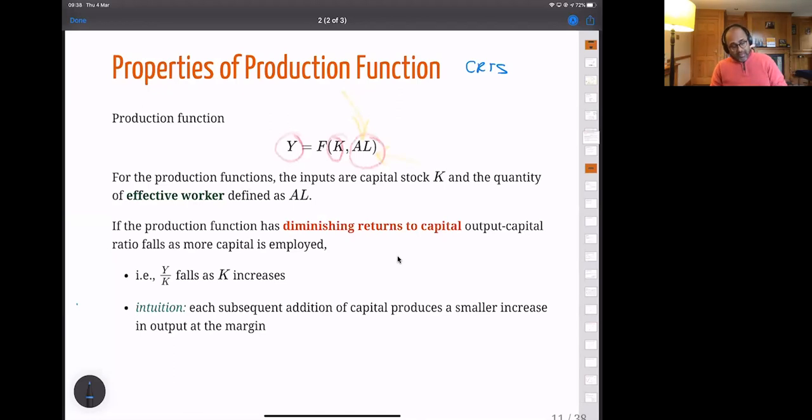So in this case, F(λK, λAL) will give you λY. And this is true for any lambda. So if we set lambda at 1 over AL, then Y over AL will give us F(K over AL, 1)